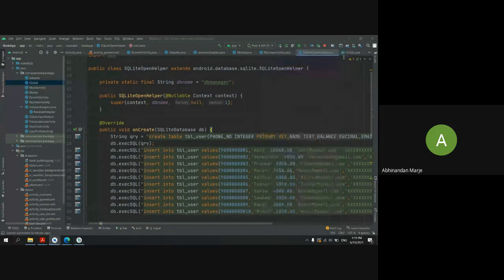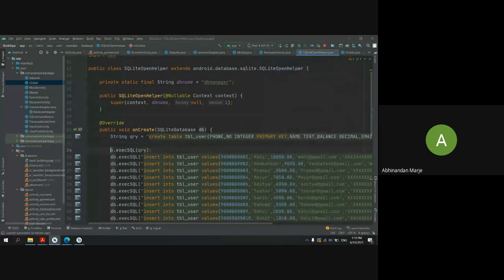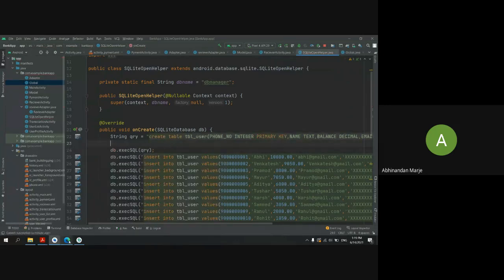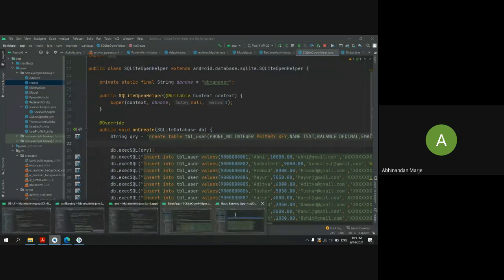So for that, you have to just create the same thing which you have created here. Don't want to make the spelling mistakes again.